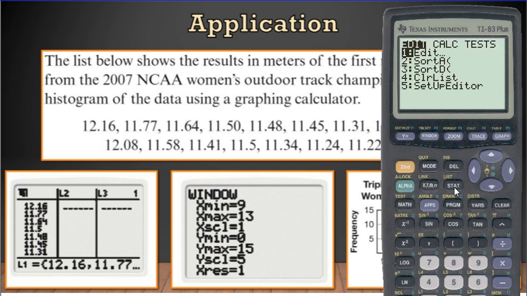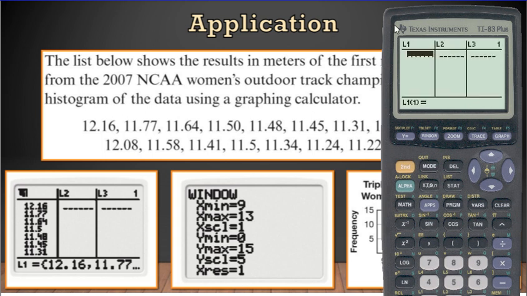So we need to hit the stat button, and we're going to hit number 1, which is edit. So I hit enter. Now you can see our list. You got to make sure that your list 1 is empty. If you have numbers in there, you just have to click on it and clear them. We need to put in all of our numbers that we have in the problem. So let's start entering those in. So the first one is 12.16. So you have to hit enter after every time you enter them in. Next one is 11.77,